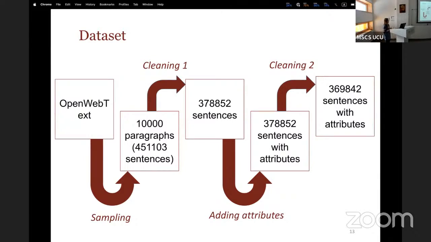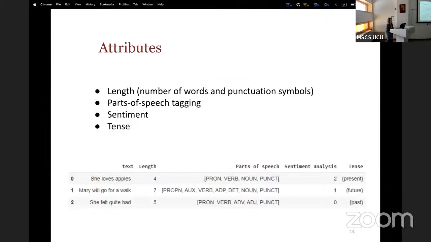We made the first cleaning to avoid strings, links, email addresses, and other things. Then we added attributes, which we'll talk about on the next slide, and made the next cleaning, which is a sanity check after adding the attributes, and it resulted in 369,000 sentences with attributes. The attributes which we added are those that correspond to the tasks we want to solve,